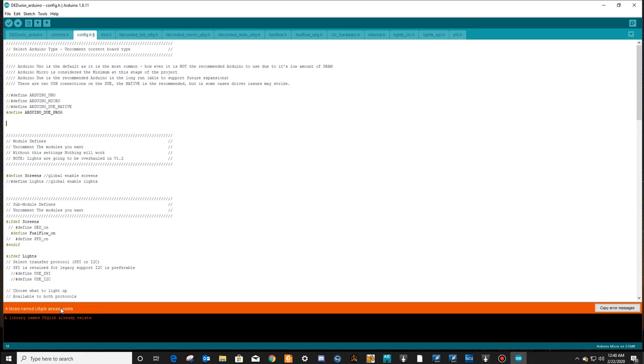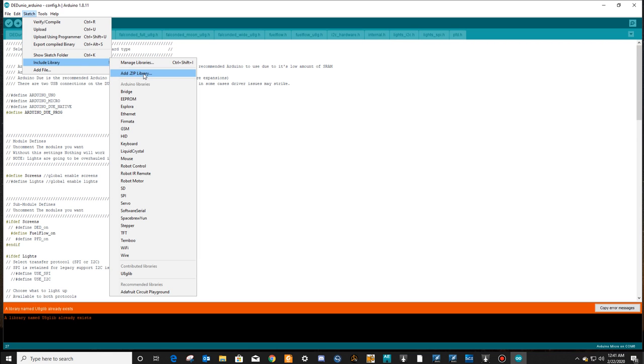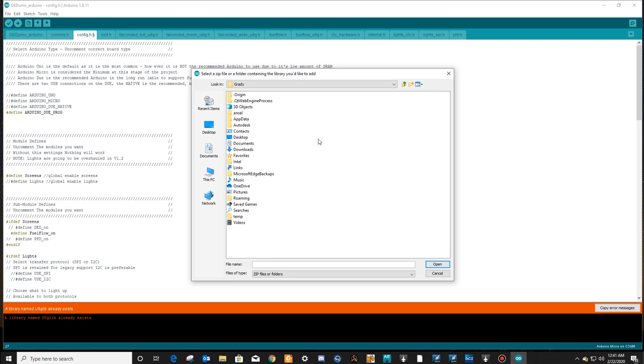Now it already exists. I've done this already. If you haven't done it already, you need to do it. Otherwise, if you try to compile the code, it's not going to work. So once we have put that in there, we can test our code, verify it by pressing this little check mark. If you didn't see what I did earlier, it was sketch, include library, add zip library, navigate to where that zip